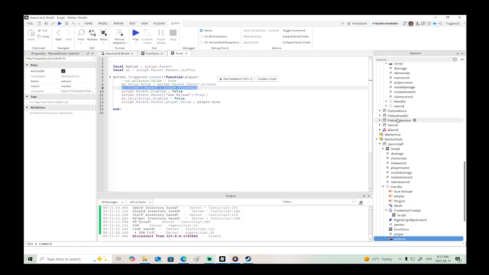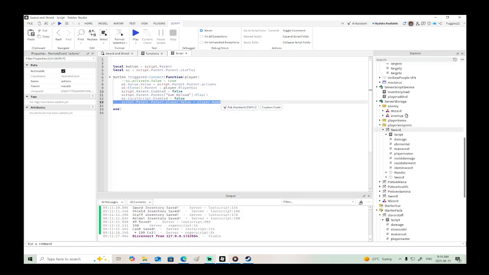The reason why we want things to be done through the server is so we can pass any of these values through. Okay? If we tell the player to directly give values to an object, and then we tell that object to interact with the server, it's not going to work properly. So what we have to do is tell the server to give these properties to the object, and then tell that object to interact with the server. Simple as that, right? So it disables the script, plays the gun sound, gives our name to the object, so